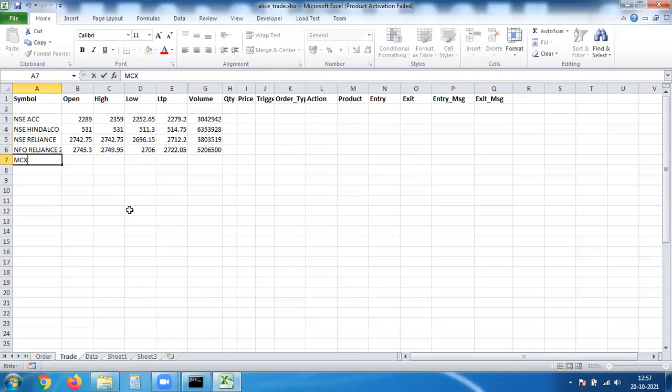So first the exchange, then the script, then the expiry date 29th October 2021, and then the future. Now this will get added to the existing list. And within a moment, that data also will start streaming into the Excel.